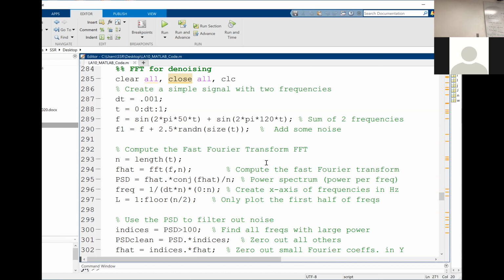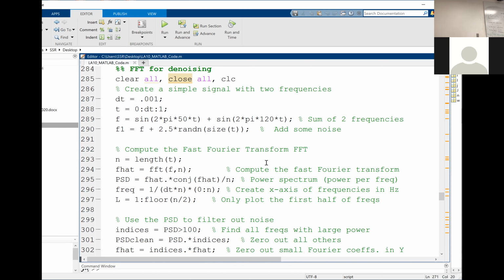Remember the signals he showed, they were noisy. What he did was construct a warping function and then try to clean up the signal and get the features. So what I'm going to do here is, on line 289, I have a function that is periodic. Then on line 290, I have some random noise, and it's actually random. I'm going to combine that random noise with the basic clean signal. So I have a baseline clean signal, I added that random noise to it, and now I have a noisy signal.